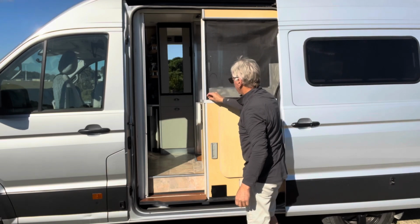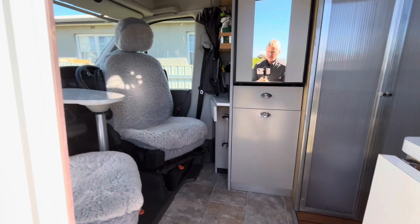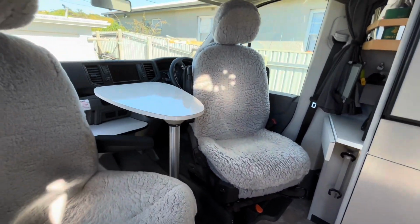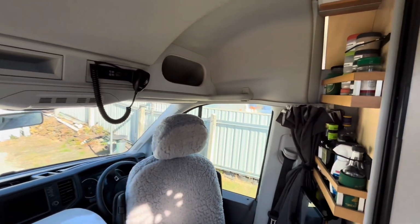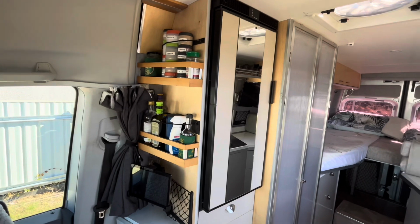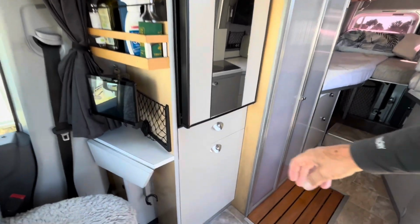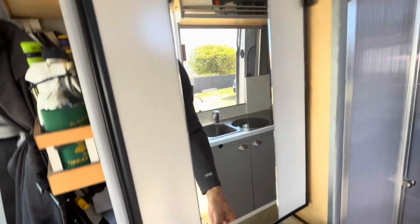So yeah, we tried to maximise the space because we've only got a 6 metre van, but hopefully we think we've done a reasonable job. There's a bit of storage here. We wanted a good size eye level fridge, a good size bin. You always have heaps of rubbish, and a